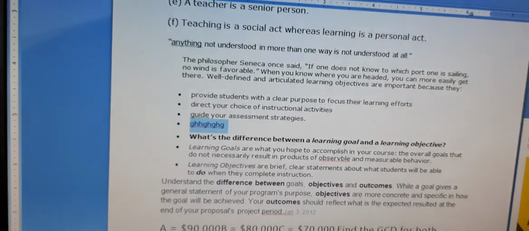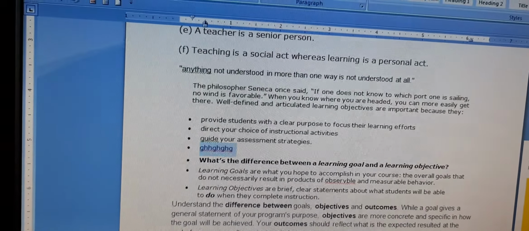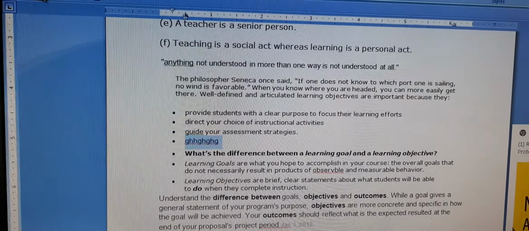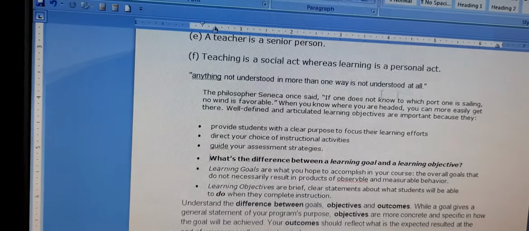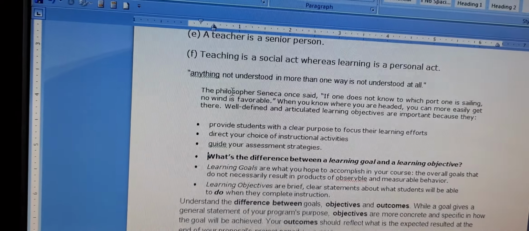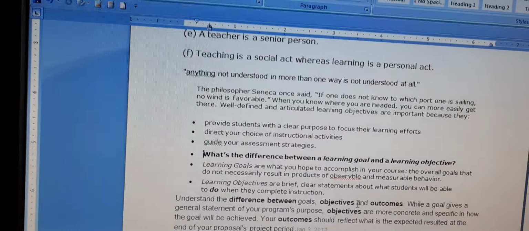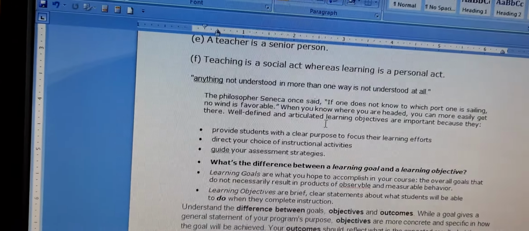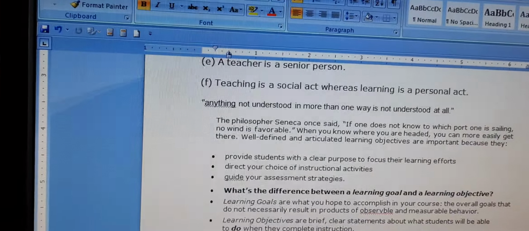Then there is the spelling and grammar feature. We can do the proofing of our document using the spelling and grammar feature.